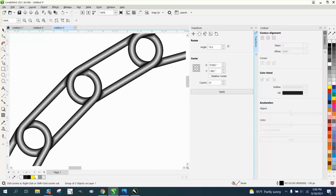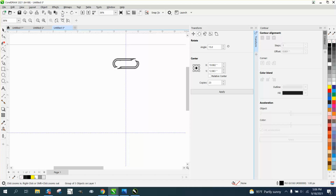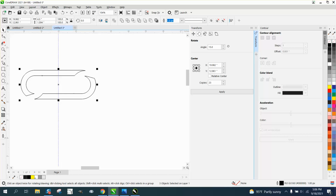It would be in color. If we did this in color, it would look really good. I mainly do stuff for engravers. Let's just see what it looks like in color. Let's make our outline a blue, and let's